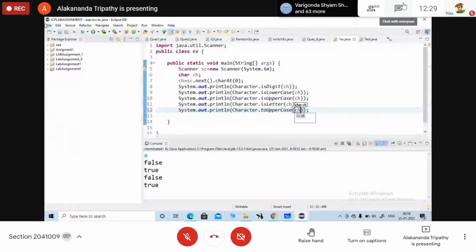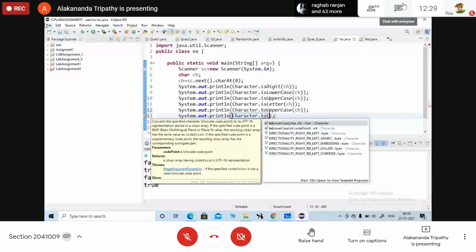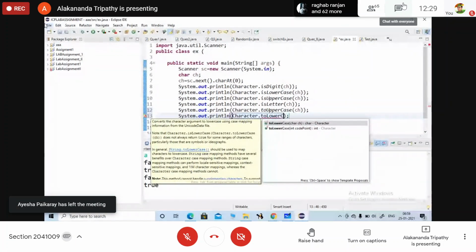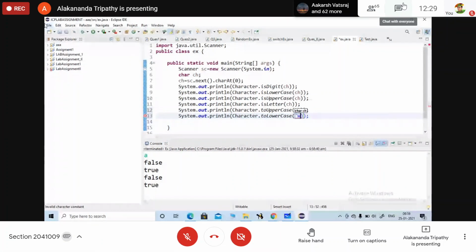It will convert the character to uppercase. Next one, Character.toLowerCase. It will convert the character to lowercase. You can check here.